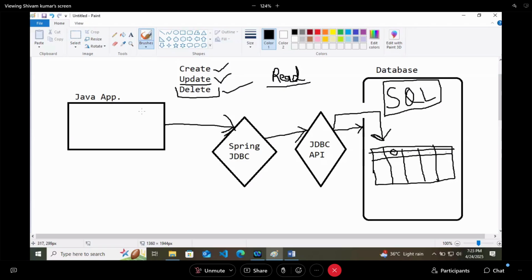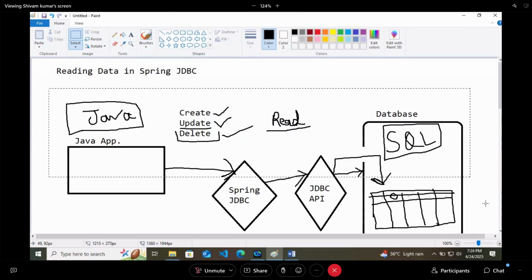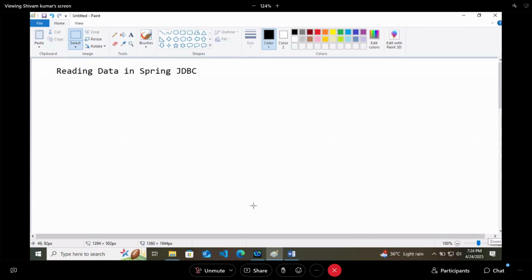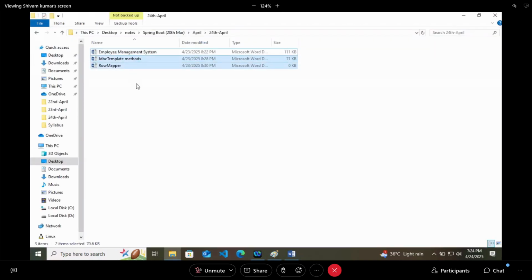And here we are calling the data in Java. So is there any connection between Java and SQL? No connection. That means we need to do something so that when the database gives us values, we can accept those values. So here comes a very interesting concept in Spring JDBC, and that particular thing is called RowMapper.